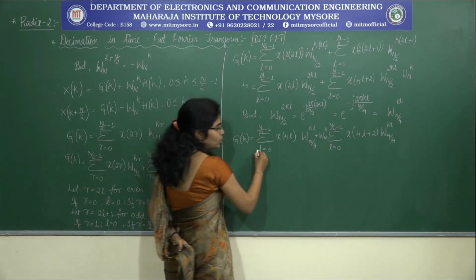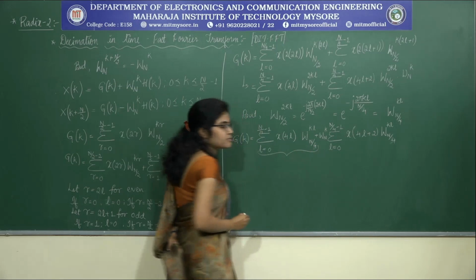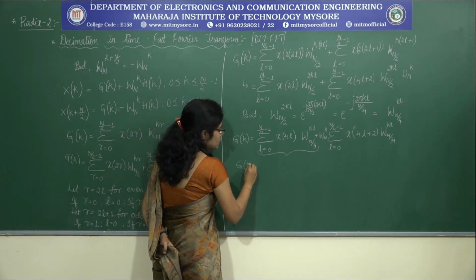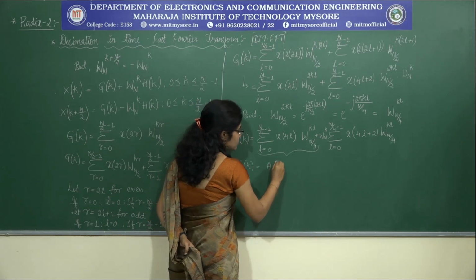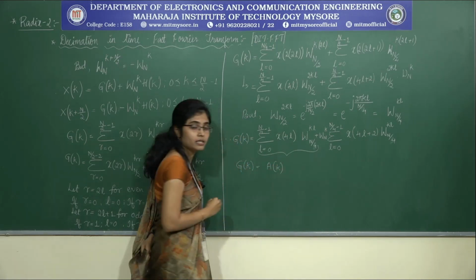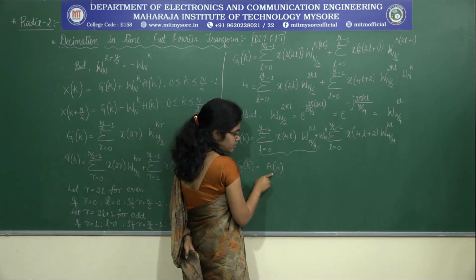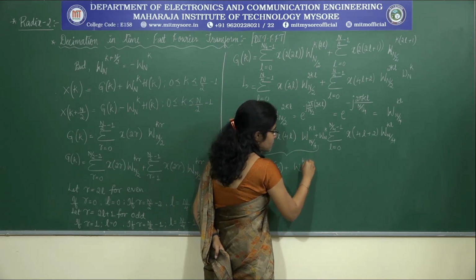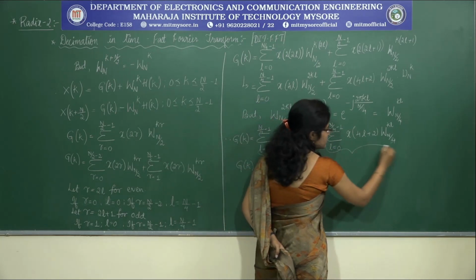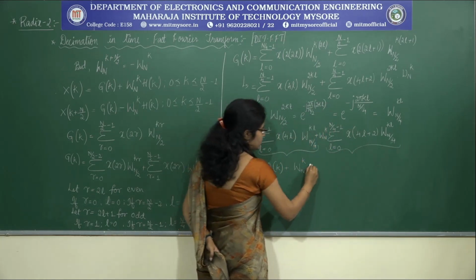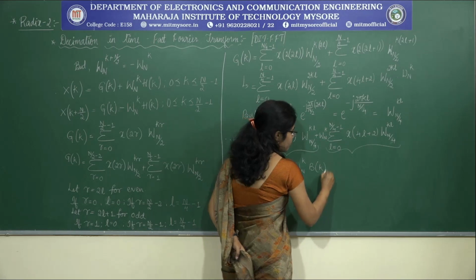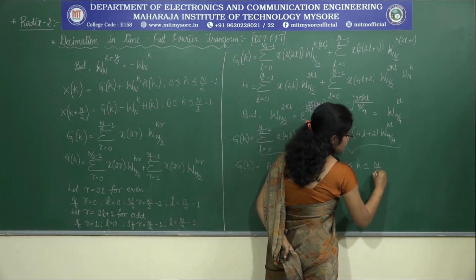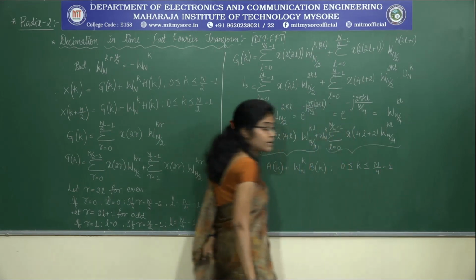Now looking into this term, is this term similar to the DFT equation? Yes. So let me write it as g of k equal to a of k. Let me take a substitution: instead of writing this entire thing, let me write it as a of k plus omega n to the power of k into b of k. So again this is similar to our DFT equation, where the range of k is from 0 to n by 4 minus 1.